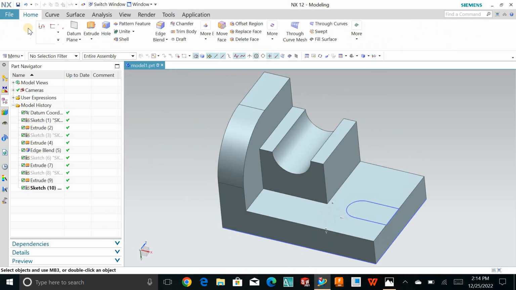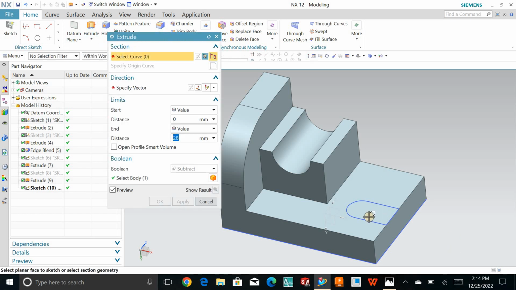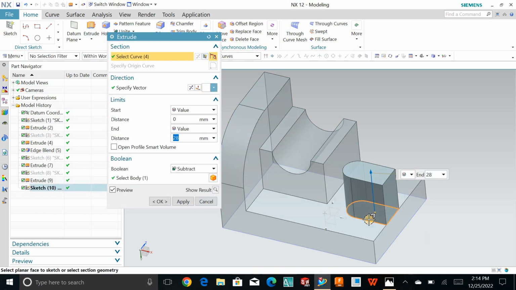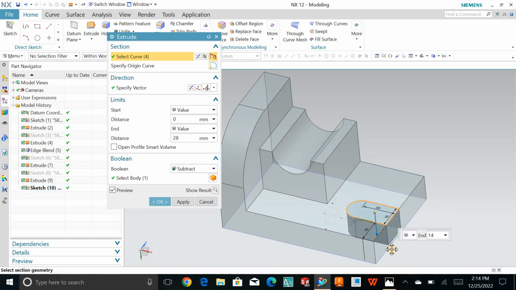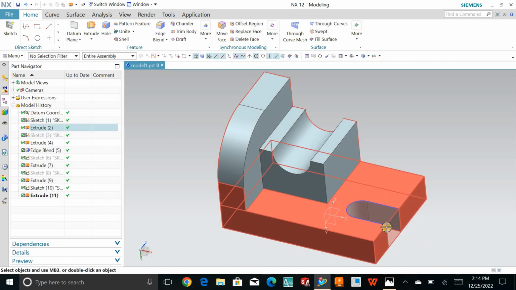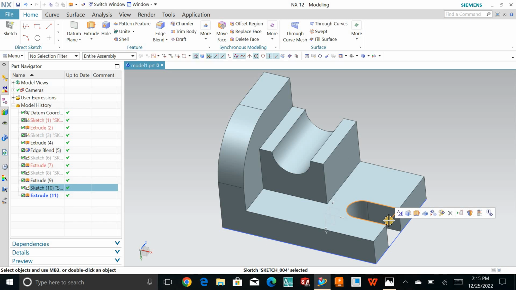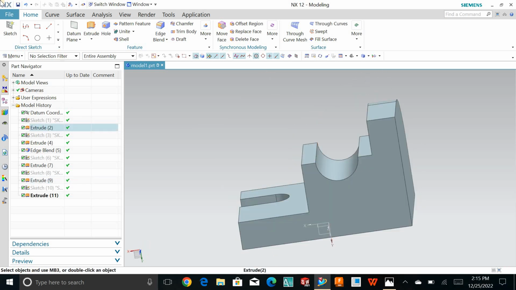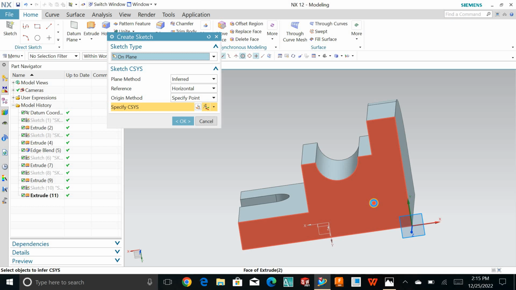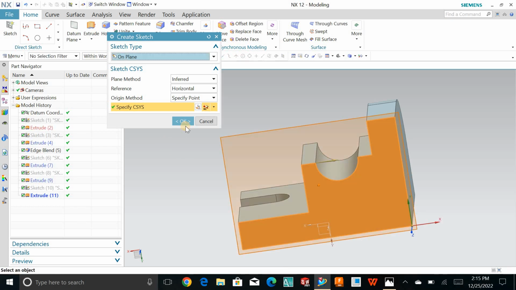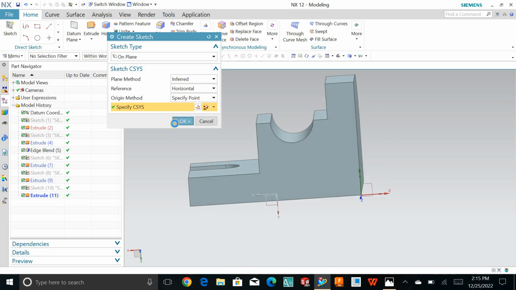I'll finish the sketch. Again, I'll go for extrude and select this region and drop it down and make sure to select it right now. I choose this sketch, Control B, choose this base, Control B to hide it, and finally I'll choose this face to make a rib, and choose this face, and okay,